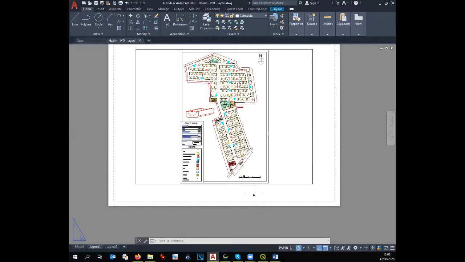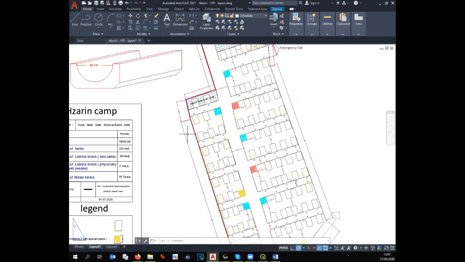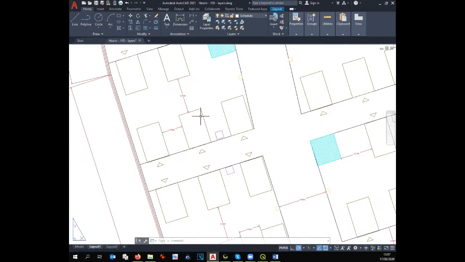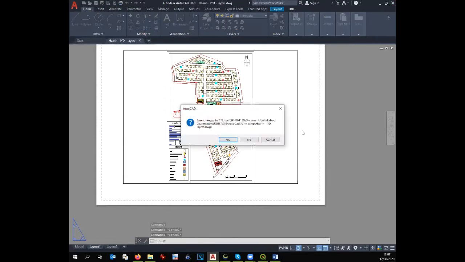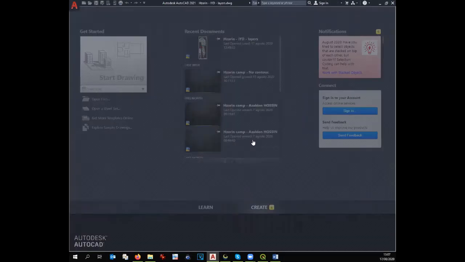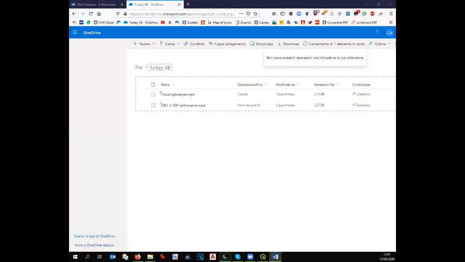Okay, we can start from Azrim camp given by IID, by Azaldem. Thank you very much, Azaldem. The same site that has been described last week during the meeting. It's a well done drawing with all the details, everything is there. And this is done in AutoCAD. But our task is not working in AutoCAD, but it's working in GIS. The first thing that we have to do